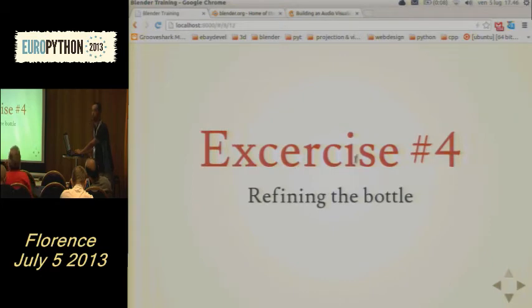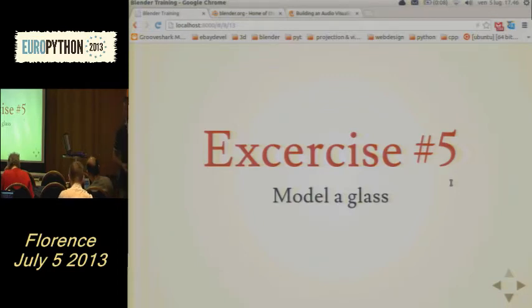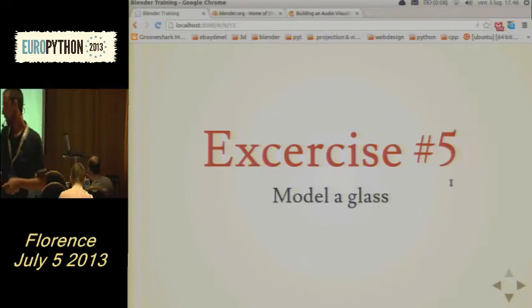Yes, that was the interactive exercise, refining the battle. And I want to ask you, model a glass. You have a reference image inside the resource folder, and I don't know, does everybody have the resources? No. Okay. And if you go into